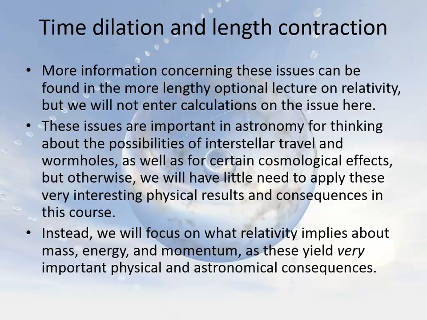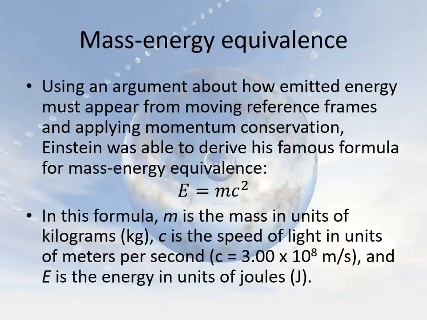So one can come up with various other little paradoxes on these, but generally speaking, they're solved by the fact that, in order to compare clocks, somebody has to accelerate, or the fact that events that are simultaneous in one reference frame are not simultaneous in another reference frame. Now, one of the big consequences of special relativity, something that Einstein arrived at later in 1905, is the fact that anything that has mass has this internal energy that can potentially be realized if you somehow obliterate the mass completely. For example, collide it with antimatter, that sort of thing.